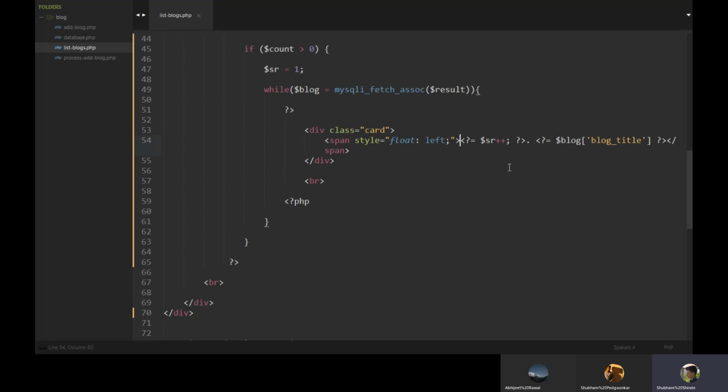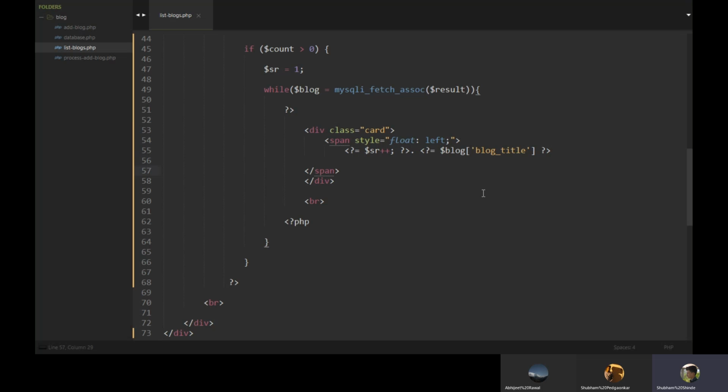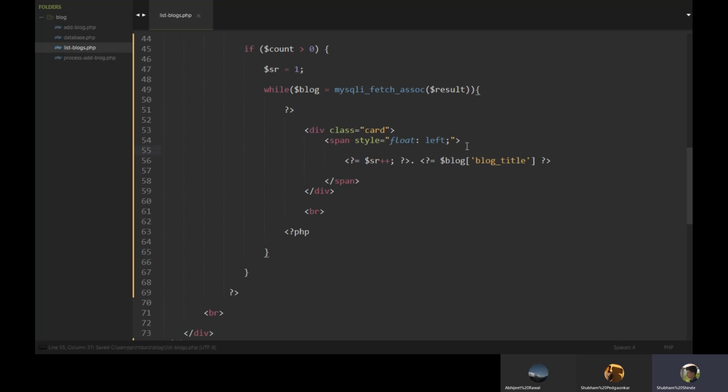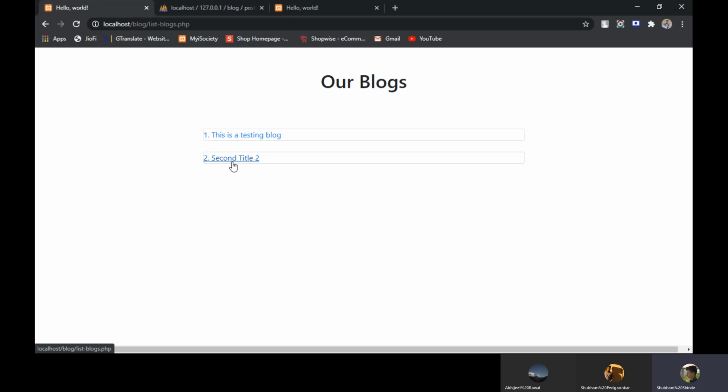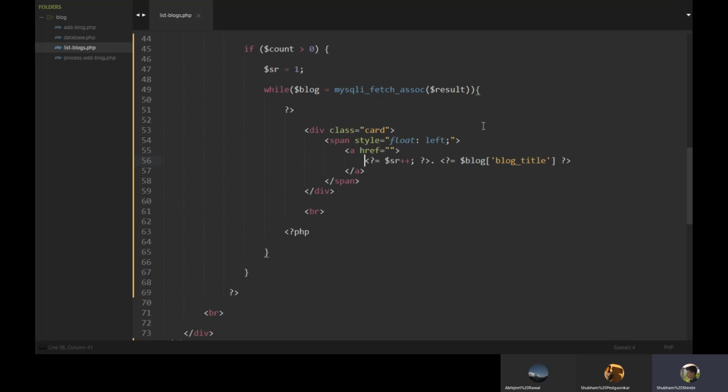So this is our PHP code for printing that value. Just start an anchor tag for defining a link and end it after the PHP. Just indent it. Okay, so it will get converted into a link. Okay, it is converted to a link. Now we will give the target, where it should take us after clicking that link.